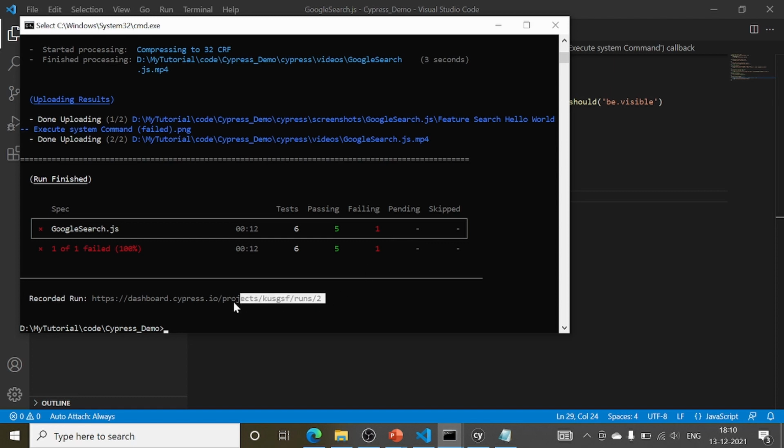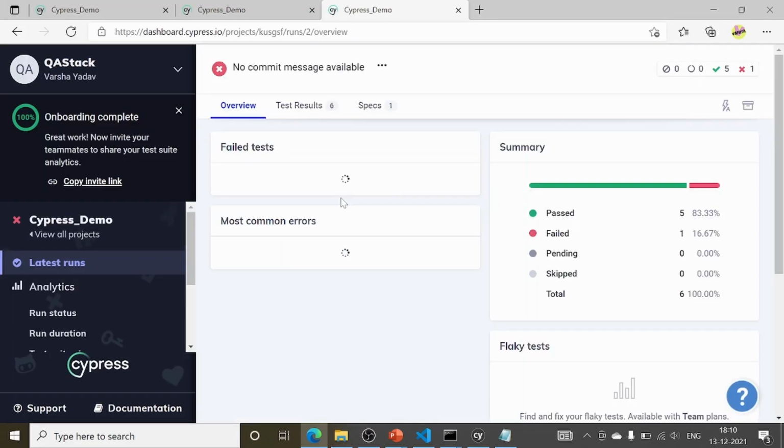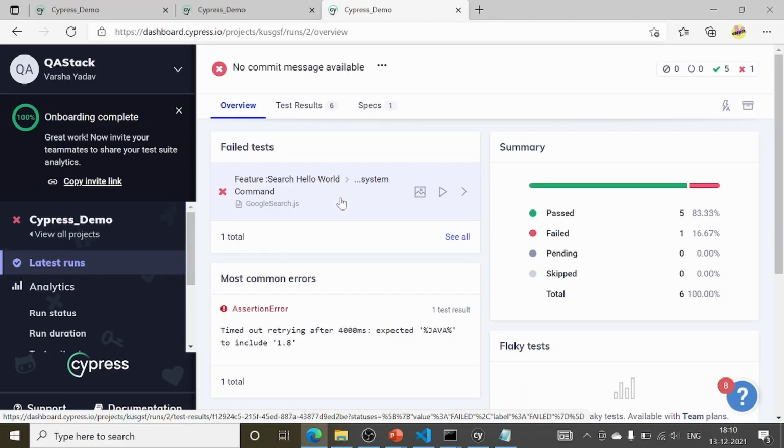Now let's go back to the dashboard again to see our executions. Here, as you can see, it's giving a red colored mark, assertion error.